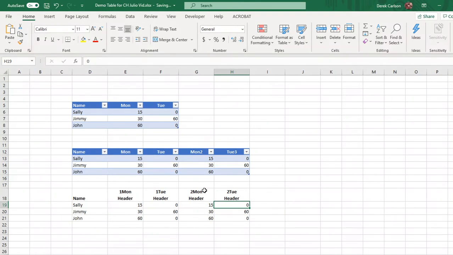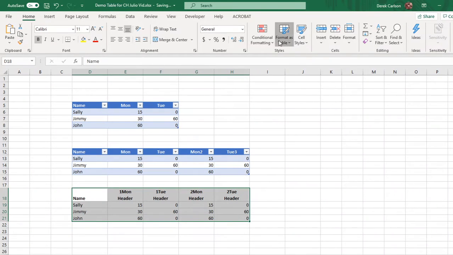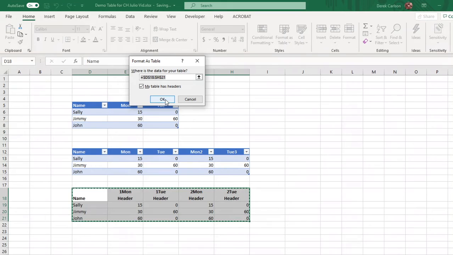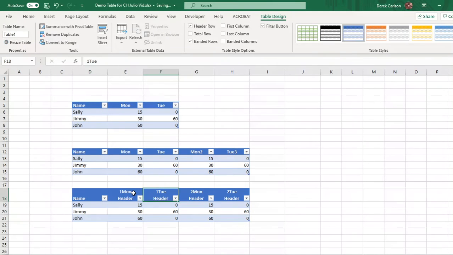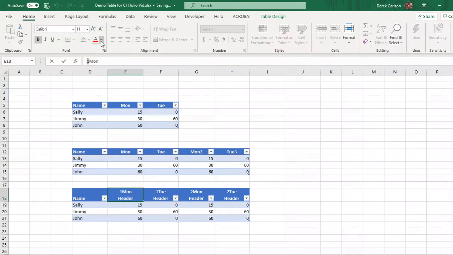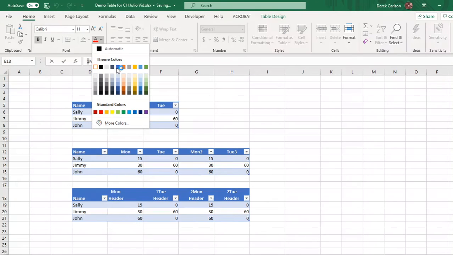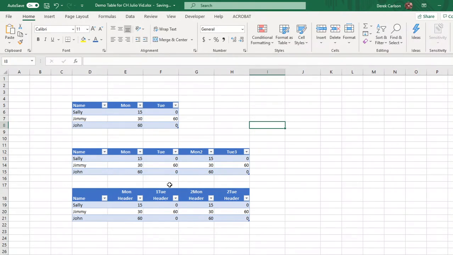So now these are all unique and distinct. And apply this table. And you're like, yeah, but that doesn't solve the problem. You still got these goofy names. Well, here's the thought I thought of in the morning. I'm like, what if I go to the header and I highlight that number 1 and I change the color of it to the background color? Like, boom. It disappears. Even though it's there, you can see up here 1 Monday, but you don't see it